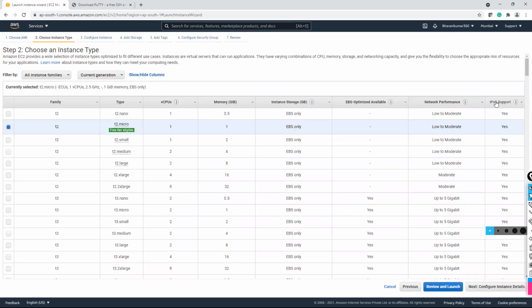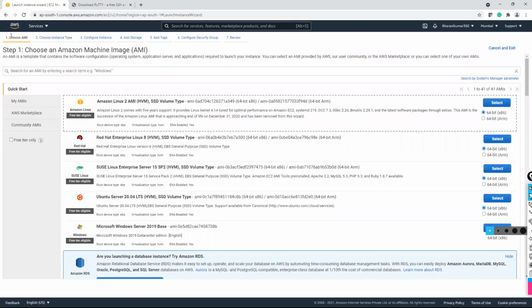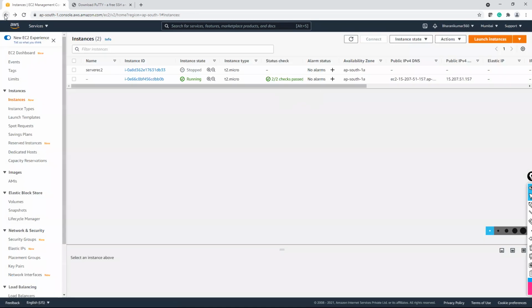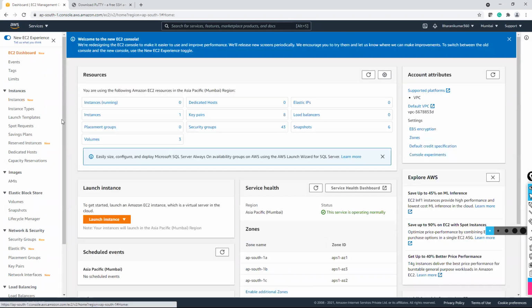I cannot find this. Once I open in services, I have been to this EC2, and there in EC2 dashboard, you will find that launch instance. Click on launch instance. We have resources. Okay, launch template. Here, launch instance. If you go to EC2 dashboard, here launch instance, the orange color tab. Okay, ma'am, okay. Yeah, showing launch instance.